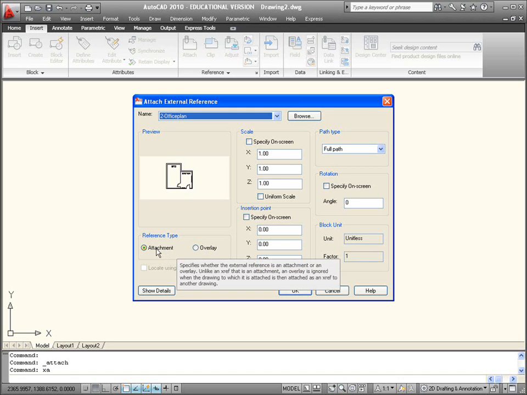So attachment or overlay, for the purpose of the test, for most things, we're going to just attach it to the drawing. So we're going to use this attachment, and we're not really going to modify anything else. Just make sure scale is unchecked. We're going to leave it in as scale 1:1. Insertion point, most of the time you're going to insert it at 0, 0. You know, but if you know a spot you want to put in, you can obviously change that on the screen as well. So I just go ahead and click OK to this,